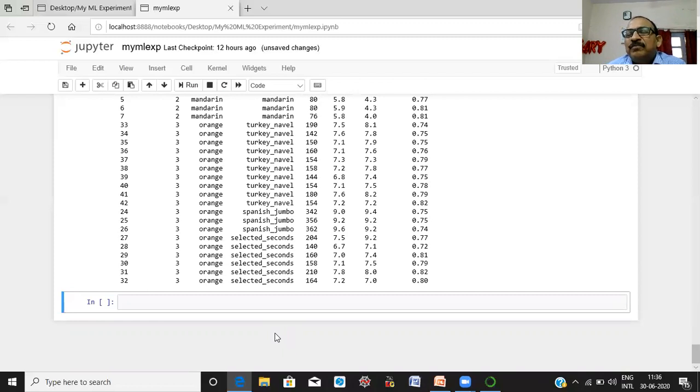ascending order. Okay. Next, suppose you want to filter the data set based on a value condition for one column. Here we are interested in filtering our data set on the basis of the values in a specific column.